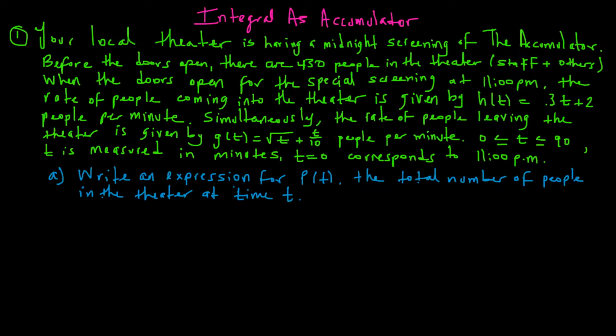So then to answer the first question, an expression for the total number of people in the theater at time t, first you have to recognize that they're asking for an amount, the total number of people. It answers the question, how many? How many people are in the theater? Well, that's what this function is going to give you. So then we should start by saying P of t is going to equal, and let me just give you the template for how all types of questions like this will be answered. It's always going to be the initial amount,